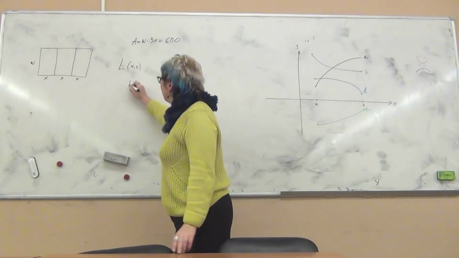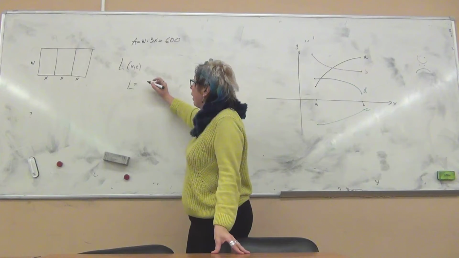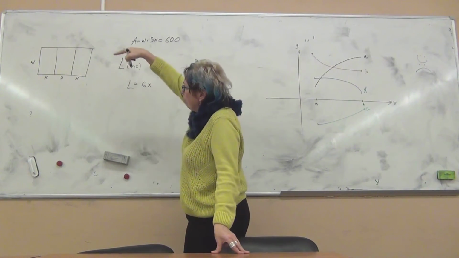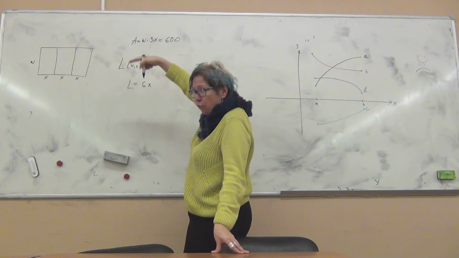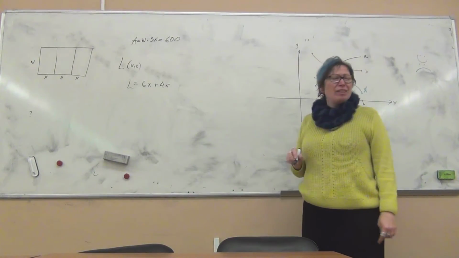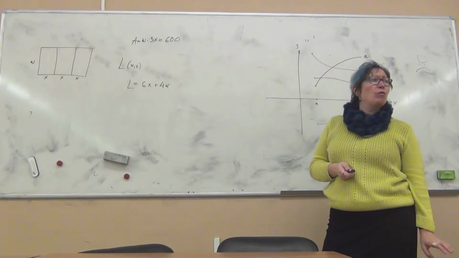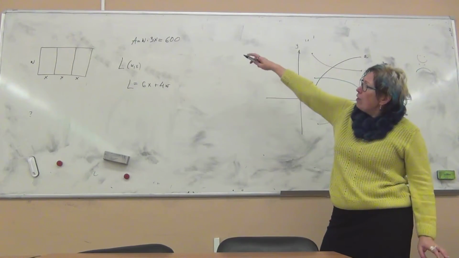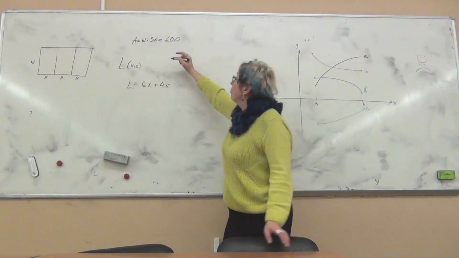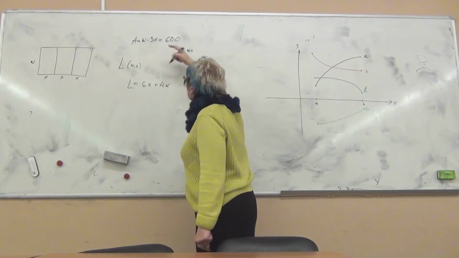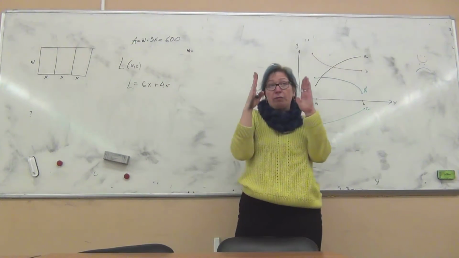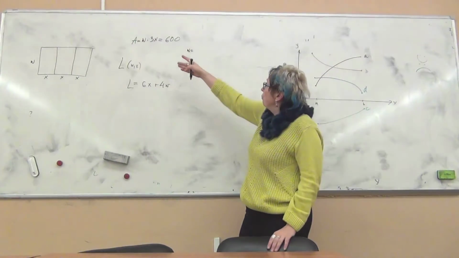No, I don't like it, but still, the length would be 6x, no, 4, 1, 2, 3, 4, 5, 6, and 1, 2, 3, 4 W. Like this. I don't like this function being a function in 2 variables. But I have this condition, I have this constraint, and from this I can, for example, express the width in terms of x. So if I choose each of these rooms to have the width x, I can find that